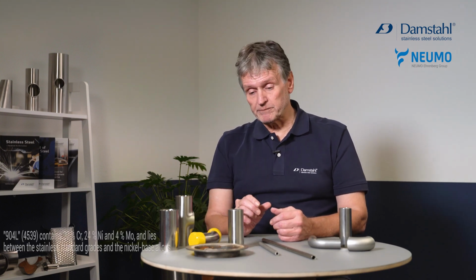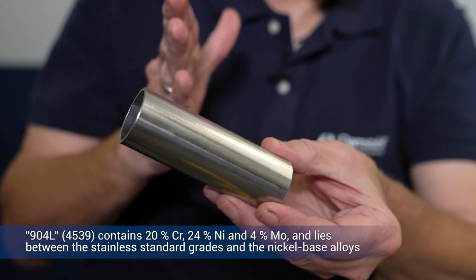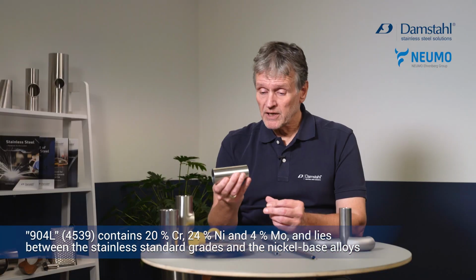In the upper end of the stainless steel, if you want to fight both types of corrosion, we have the 904L, or the 4539, which is, among others, this piece. It contains 20% chromium, 4% molybdenum, and a whopping 24% of nickel. This gives it a very good resistance against virtually any type of corrosion. But still, sometimes this is not enough, and then what do you do? Then you add a little more chromium or a little more molybdenum. In this case, 2% extra molybdenum, and we have the 6 molybdenum